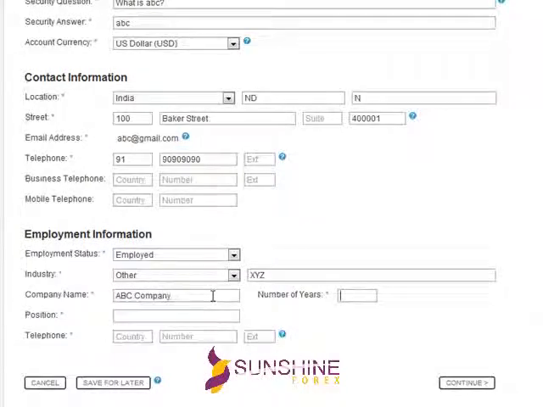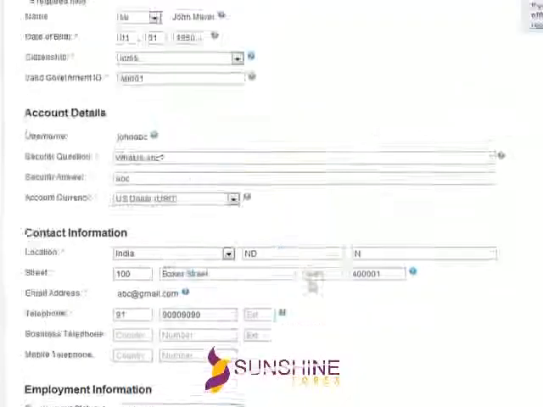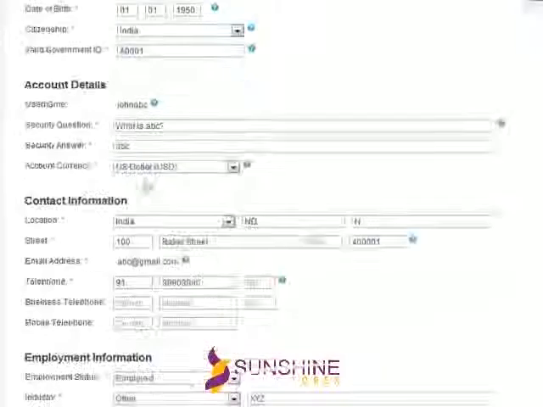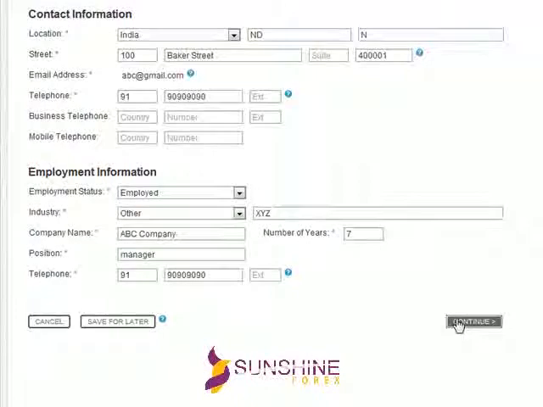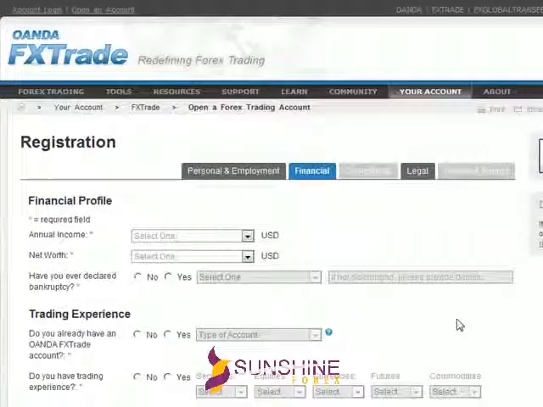and years for which you've been working there, at what position you work, and the contact details of the company. Once you are done with filling up this form, all the details on this page, click on continue to move to the next page. On the next page, you will be asked to fill out your financial